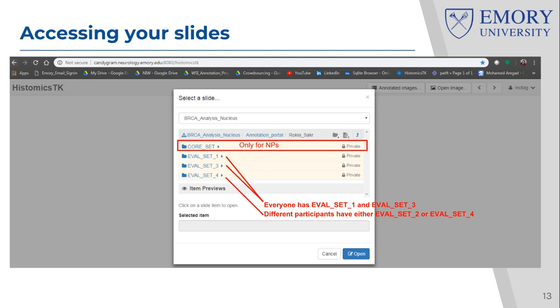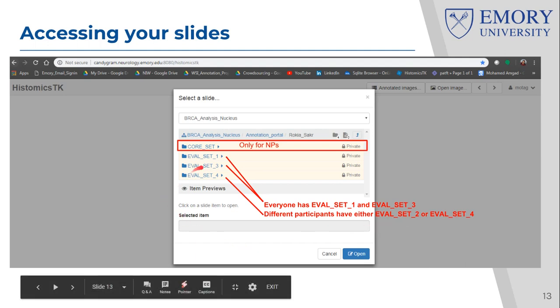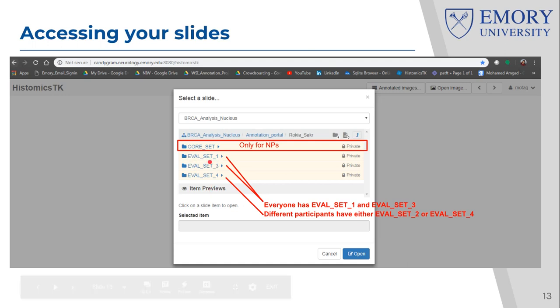This is done on purpose so that we don't bias you to tell us this algorithm is better than that algorithm. So we need to validate what things are better than others. You don't get to know what these things mean. The only thing you know is that all the evaluation sets except evaluation set 1 are corrections.